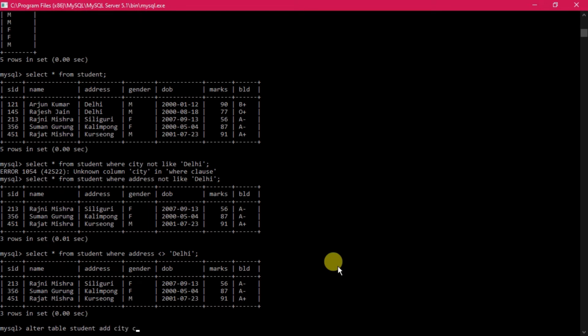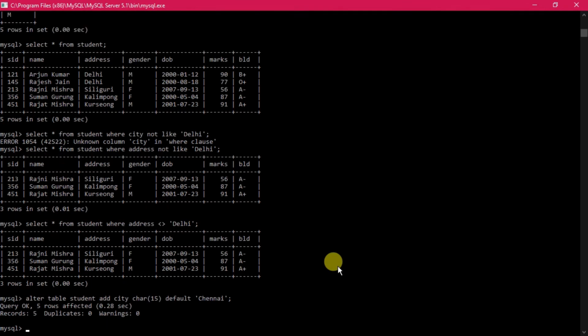Suppose I'm giving char 15, as this city field is not there at all, and then default value I want to add, not Delhi, but Chennai. Then semicolon. So the city field has been added with the default value Chennai.